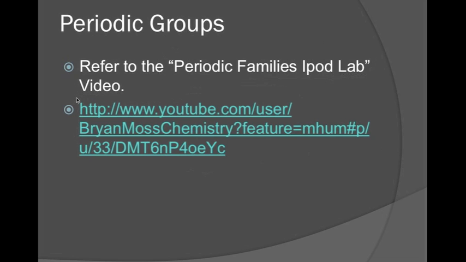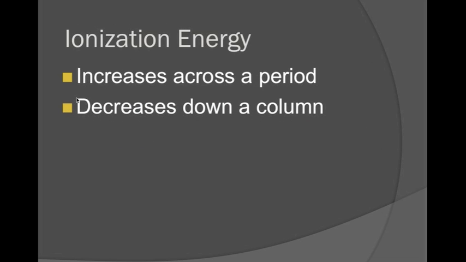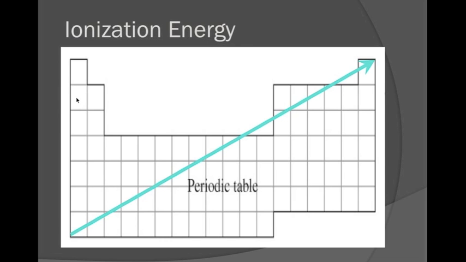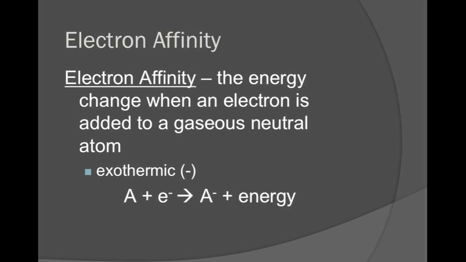Now, in looking at the periodic table, it does give us a lot of information. One thing it does is we can see trends on it, specifically ionization energy. We see that ionization energy increases across a period and decreases down a column. So basically what we see is ionization energy increases as we get closer to helium. And what we see is ionization energy is how much energy it takes to create that ion, to give it an electron. And we see that electron affinity is the energy change when an electron is added to the gaseous